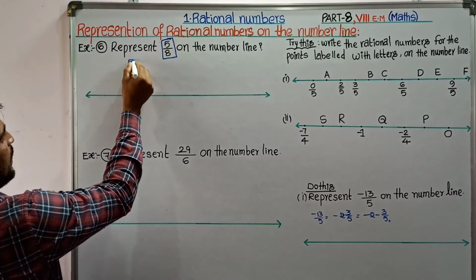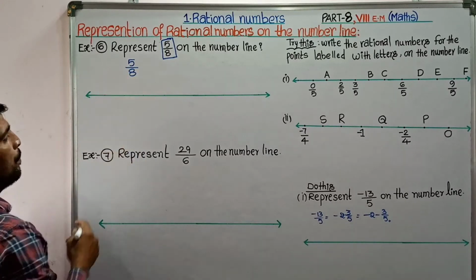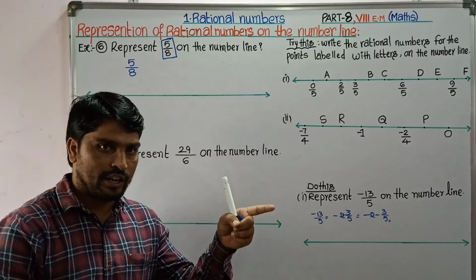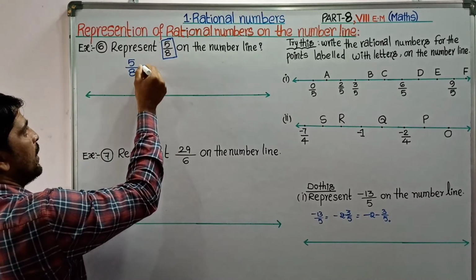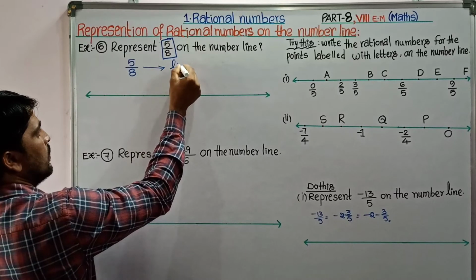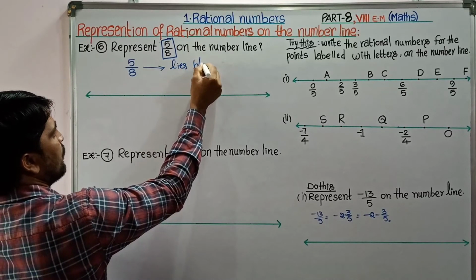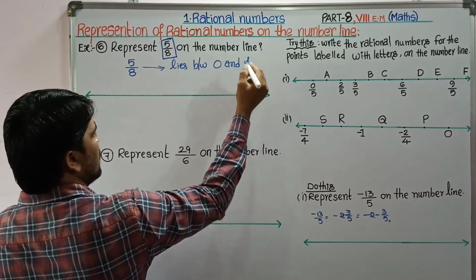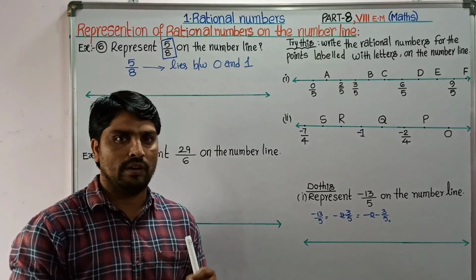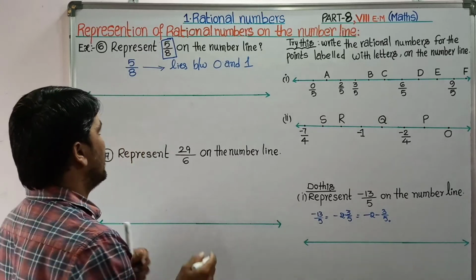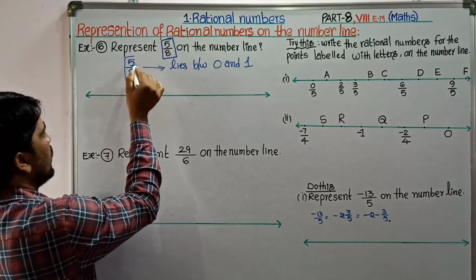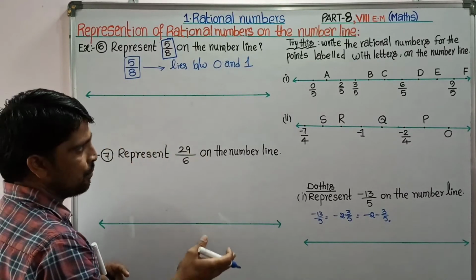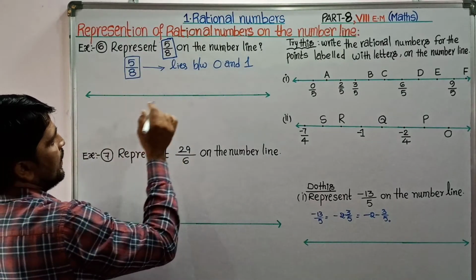Since 5 by 8 is a proper fraction, and we know that every fraction is a rational number, the 5 by 8 value lies between 0 and 1, as every proper fraction lies between 0 and 1. So the rational number 5 by 8 lies between 0